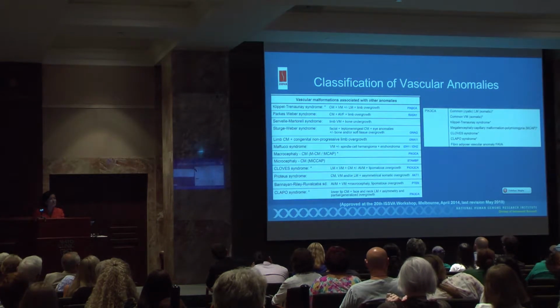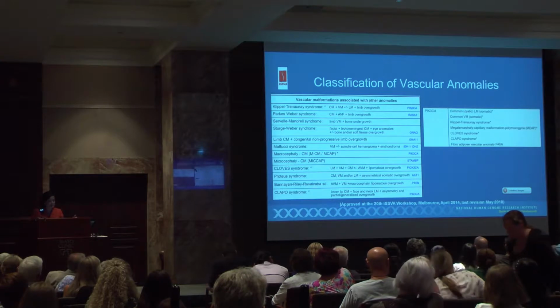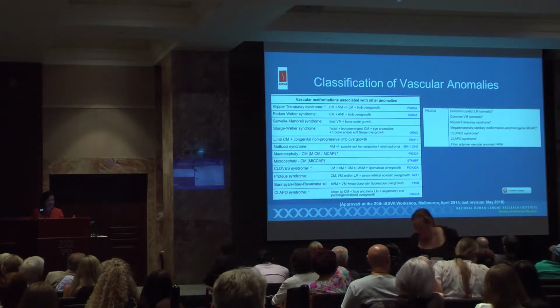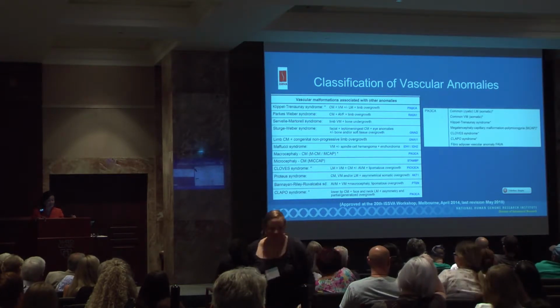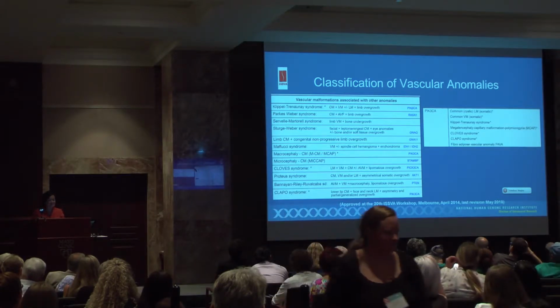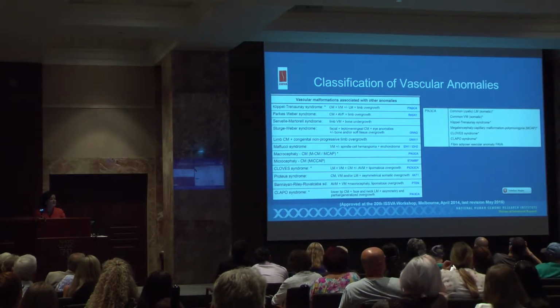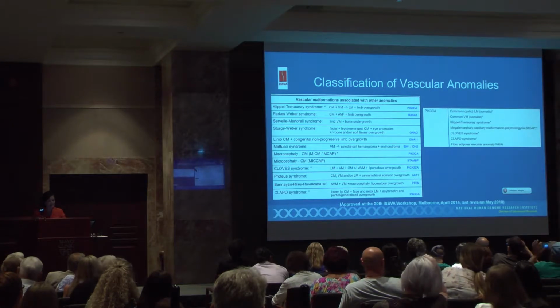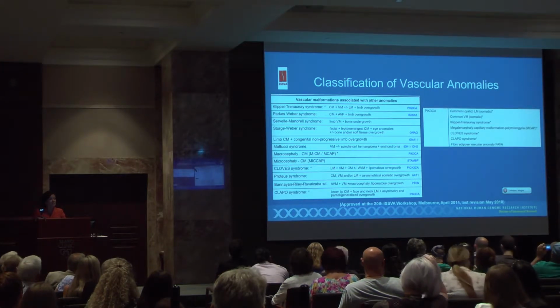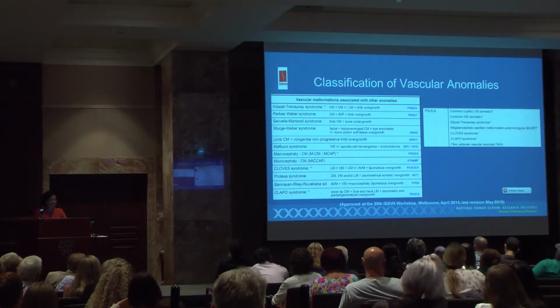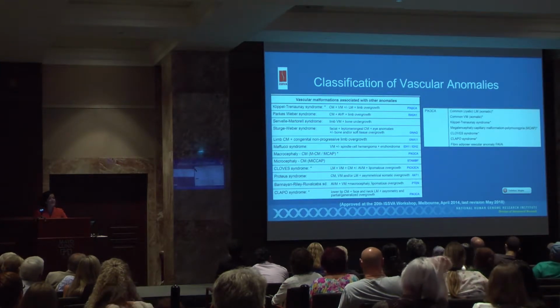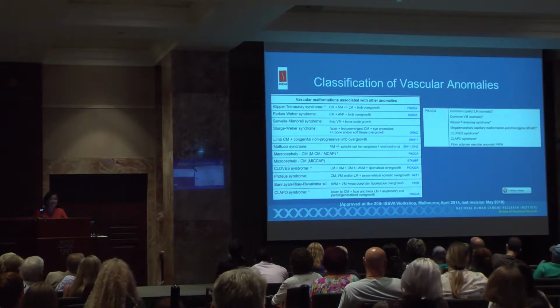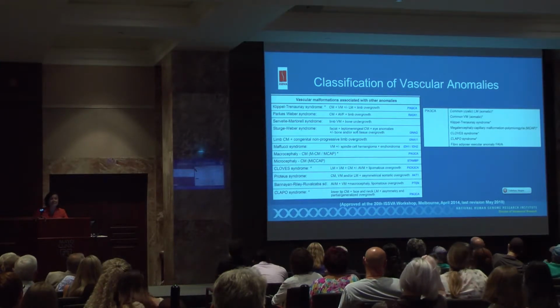As you know, the International Society for the Study of Vascular Anomalies has developed a classification schema, and this is from 2018, and it includes what are the types of vascular malformations plus whatever other anomaly is present, and what we know to date, so 2018. So you can see that Klippel-Trenaunay is on the top of that list, and they've listed PIK3CA as a causative mutation, but it's important to know that